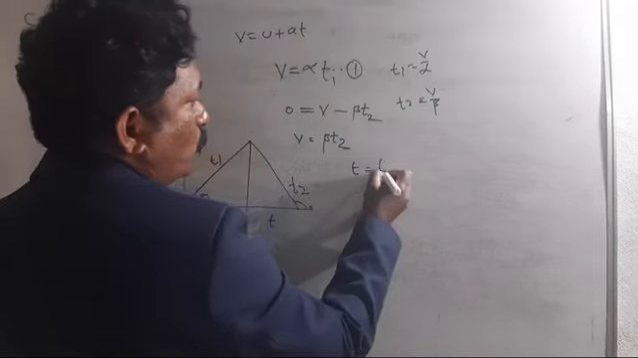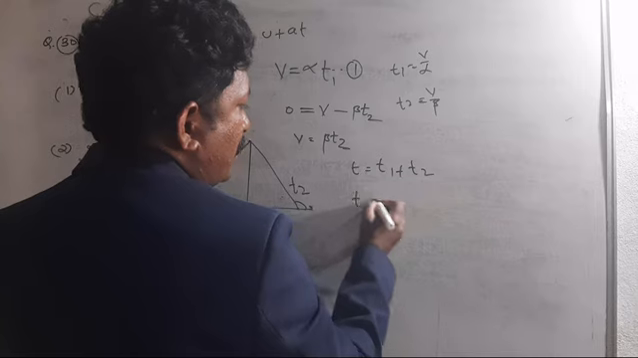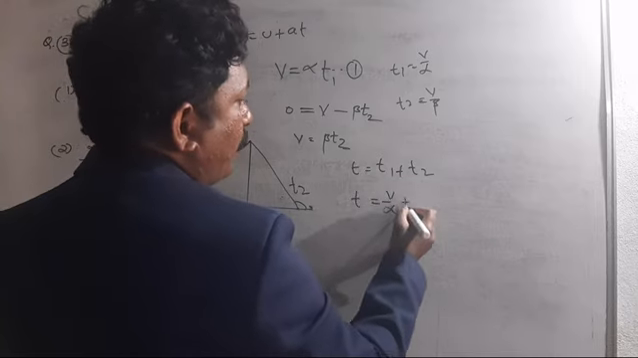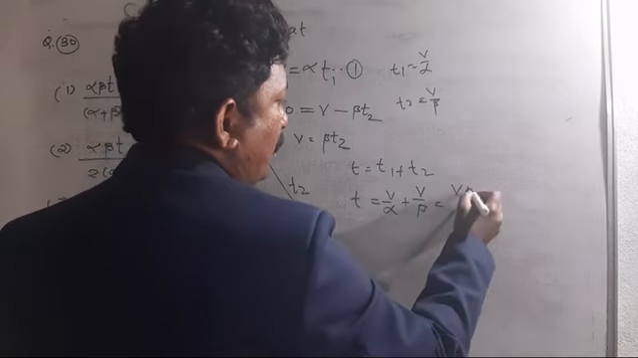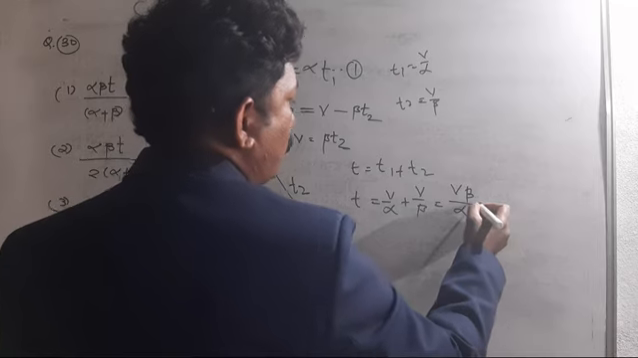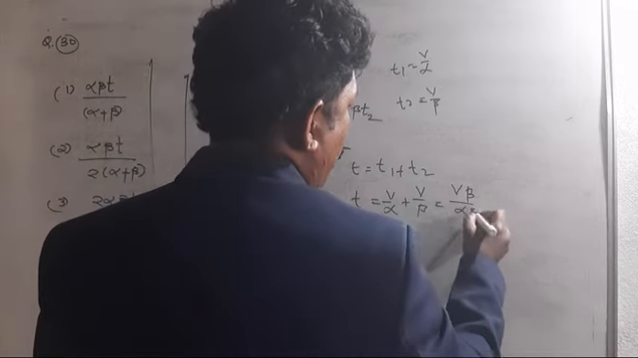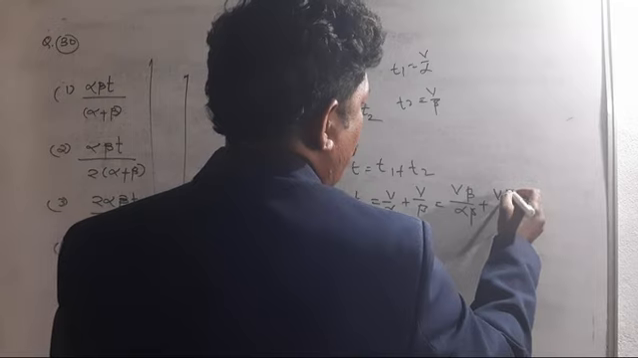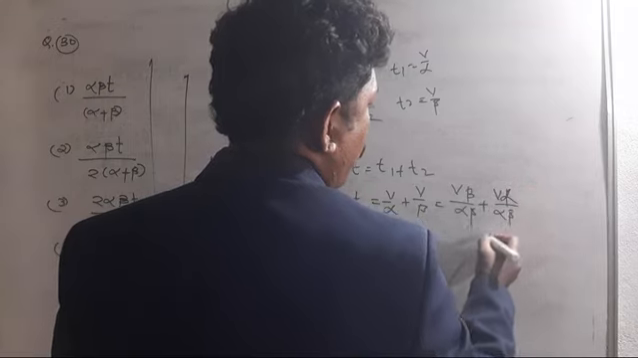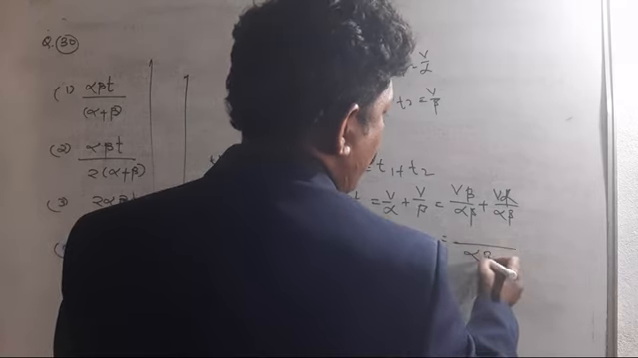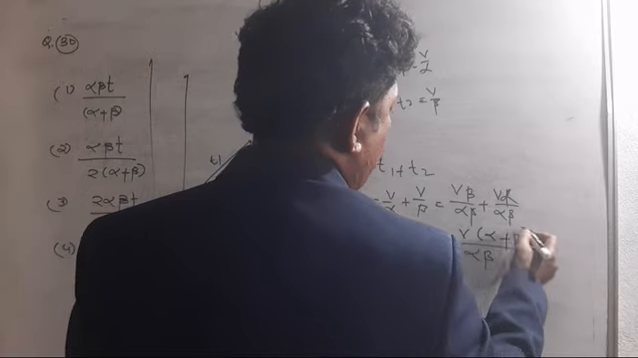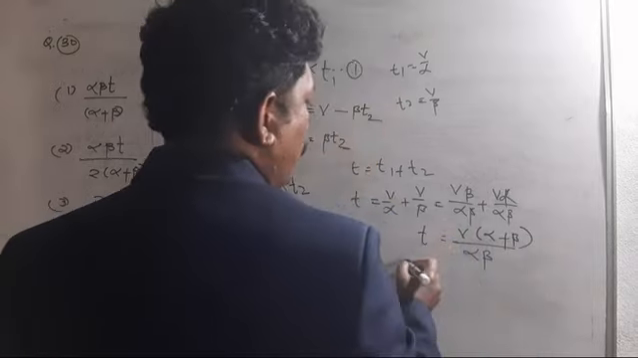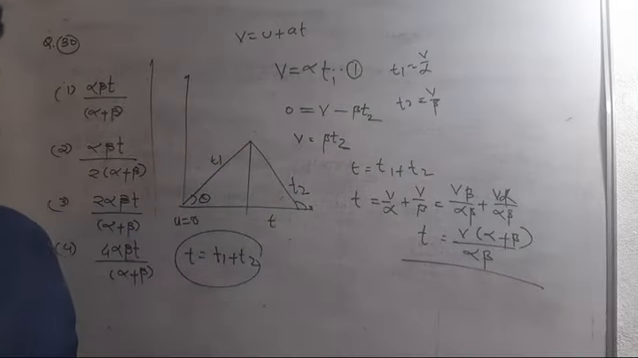So t is equal to t1 plus t2, that is t is equal to v divided by alpha plus v divided by beta, that is equal to v beta divided by alpha beta plus v alpha divided by alpha beta, that is v into alpha plus beta divided by alpha into beta. The total time t is equal to this, and this option is correct match to the